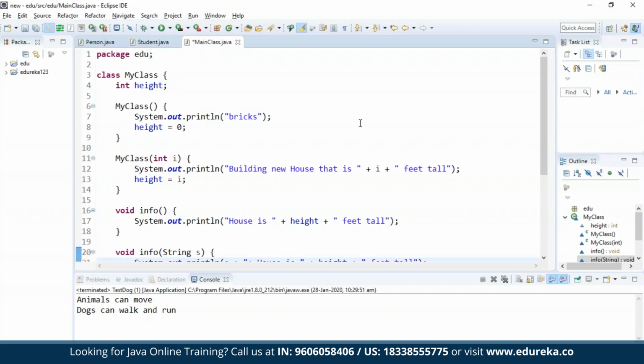So you can see this particular example is based on polymorphism or method overloading. In the class called myClass, we have created two methods. The first method is myClass, which has the statement to print the message bricks. Followed by that, in the same class, we have another method called myClass, which has the same name, but inside